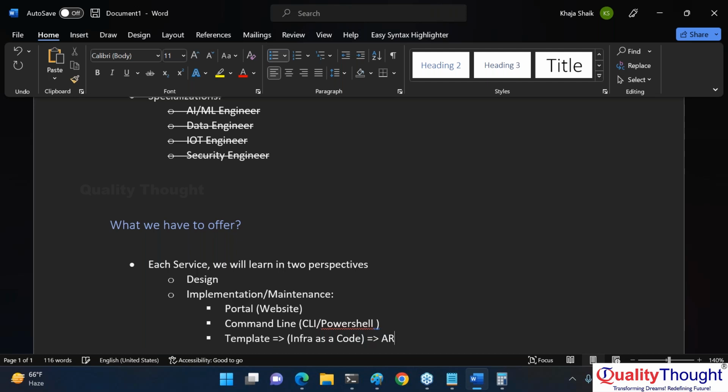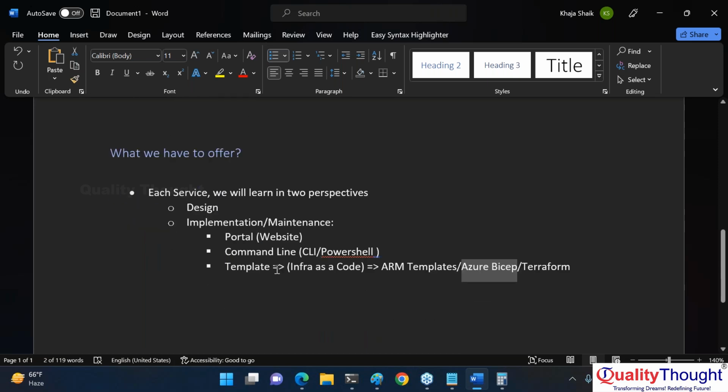So for this, we learn something called ARM templates. Quite recently, Azure has given something called Azure Bicep. If you are learning DevOps also, then you will do the same work there. This is very important these days. If you look into any job specifications, they will speak about Azure, and in addition they will have something like ARM templates and Terraform or Bicep, whatever it is. Bicep is a new thing. Very few companies have started adopting it, but it is a better way than ARM templates.